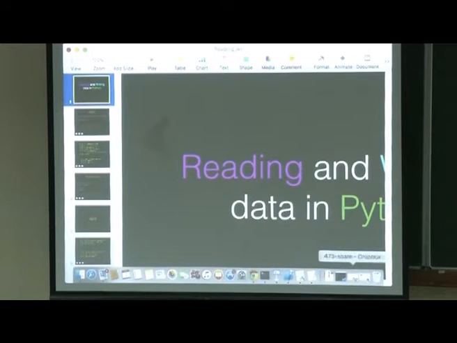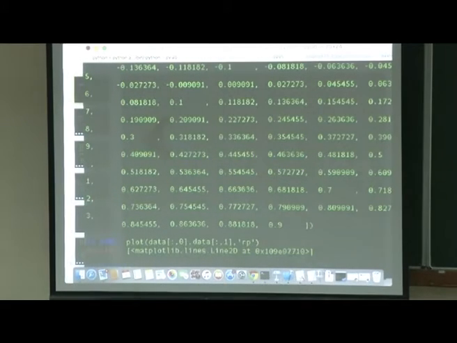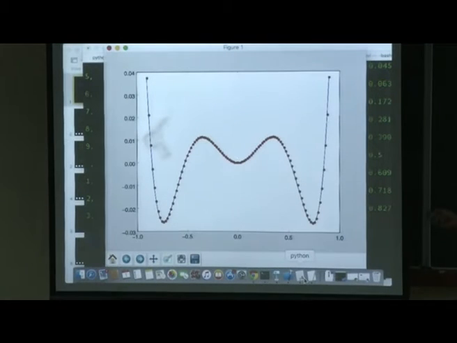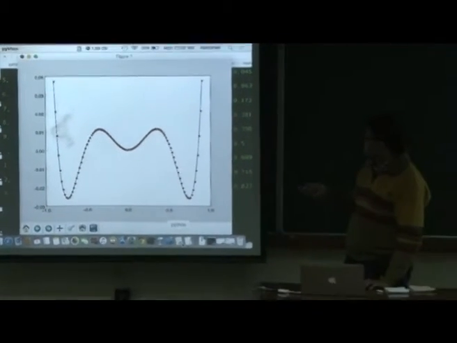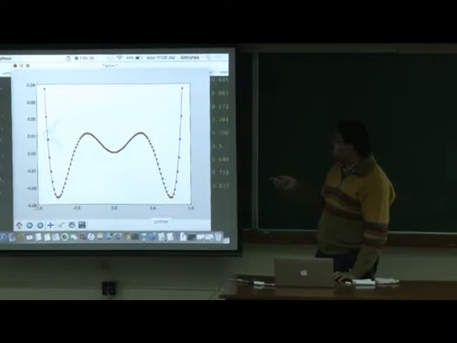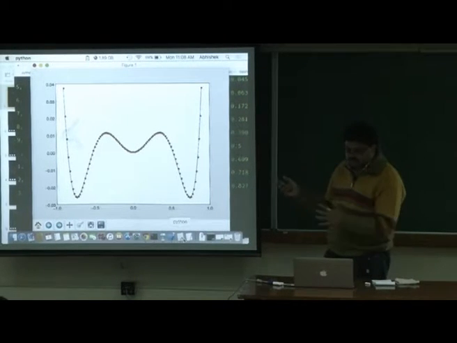Okay, rp: r stands for red and p is the point. My first curve was the blue curve, the original curve, and if I had used r for a line, you wouldn't be able to see any difference, as it would overlap.